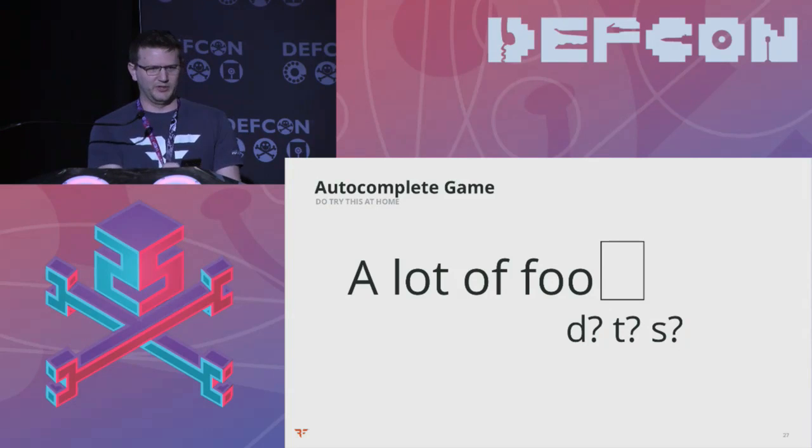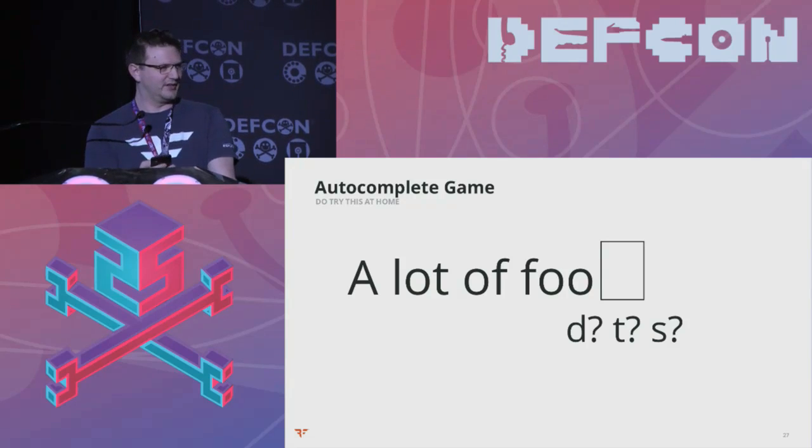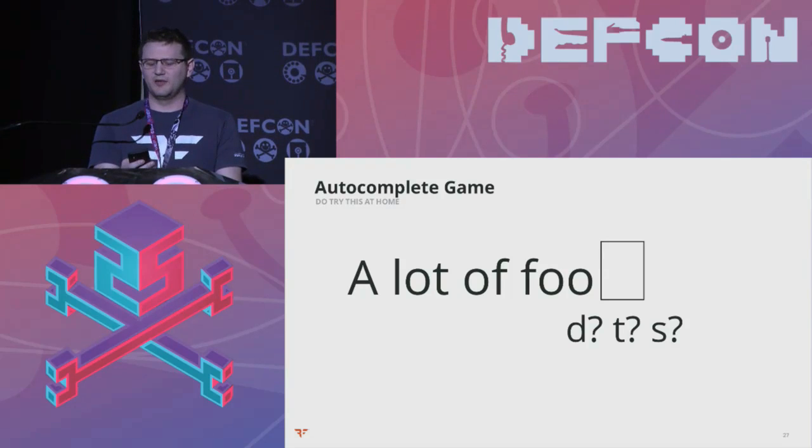Go to somebody that you really like, or maybe you really hate, and just type something in. Say, I'm at DEF CON, space, and then it's going to give you a series of recommendations, which is your machine learning assistant in your phone telling you what it thinks should come next. Just go ahead and press one of the buttons. Pick left, middle, or right, and then just keep on pressing the button. You'll notice that it starts to generate some pretty hilarious strings.